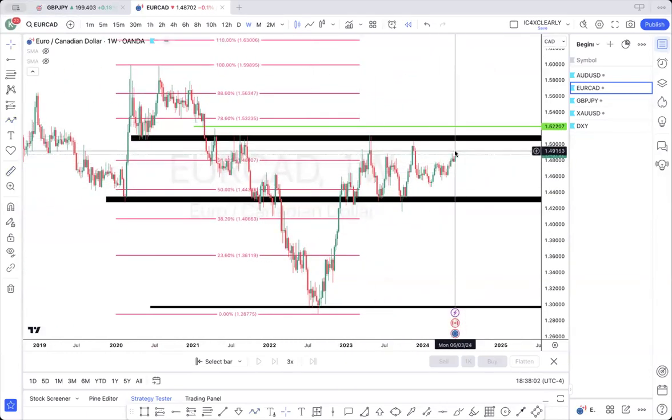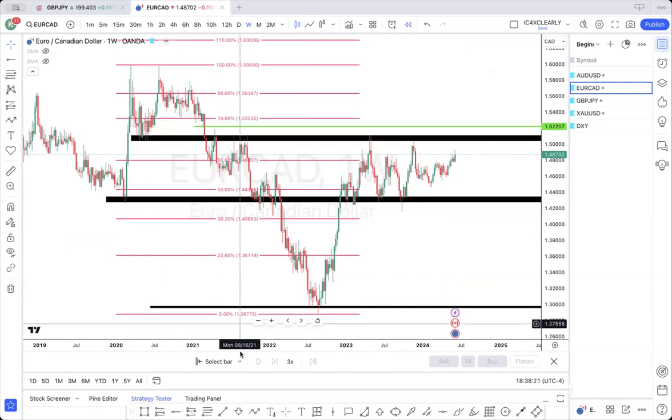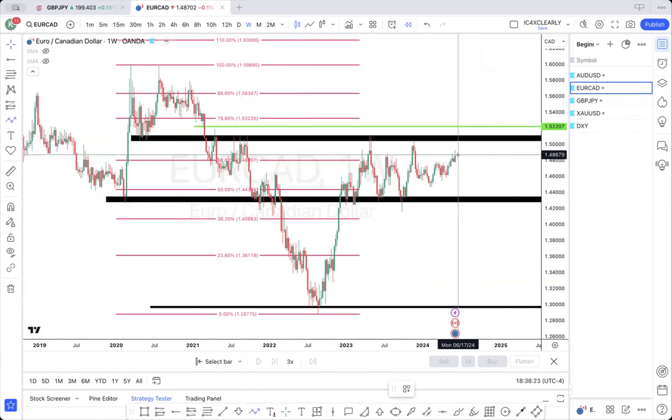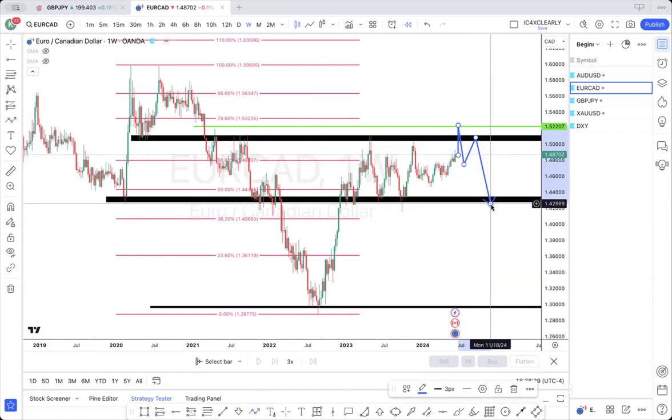So yeah, I would look for price to come up here. If you don't get that break of structure, you don't sell from the zone, you just wait for price to show you what it wants to do, right? It's either gonna break into the zone, pull back, because there's an order block right here. It's either gonna pull in, break out the zone to the order block, then maybe come back and start breaking structure to sell, or